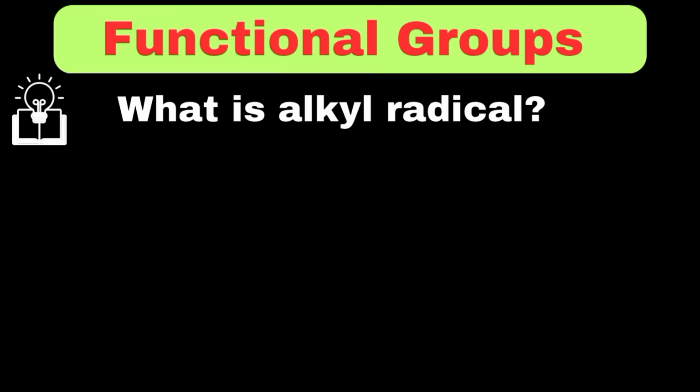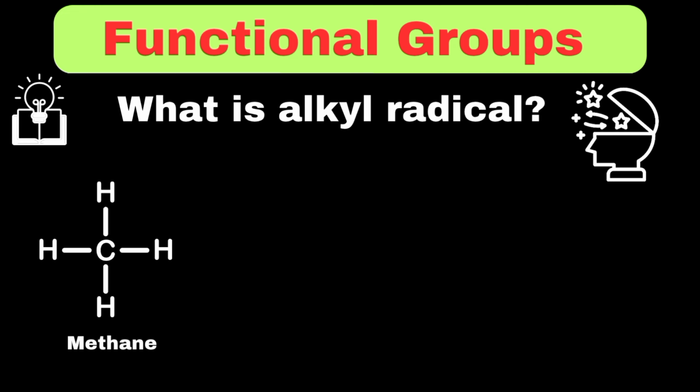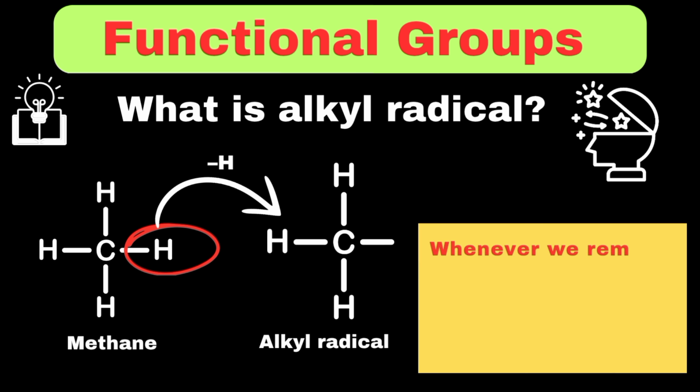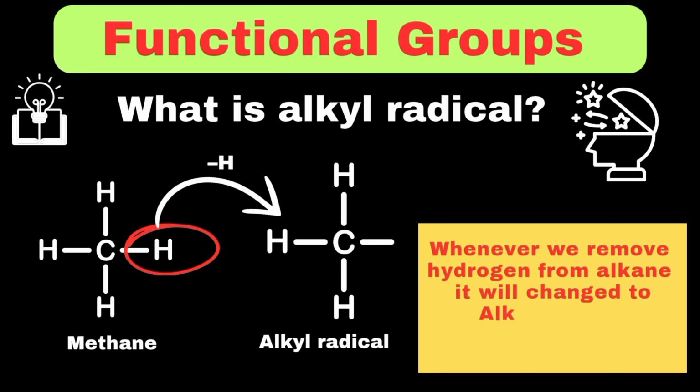To understand the concept of functional groups, first we need to understand what an alkyl radical actually is and how it is formed. To make it clear, let's take the example of methane. If we remove one hydrogen from it, then it will be changed into an alkyl radical. So we can say that whenever we remove one hydrogen from any alkane, it will be changed into an alkyl